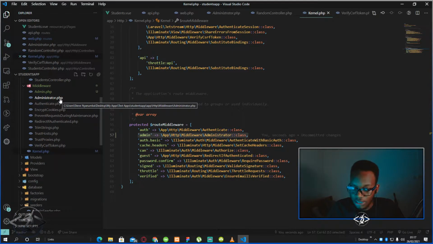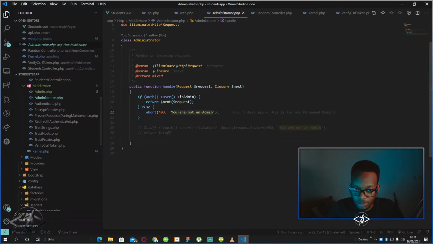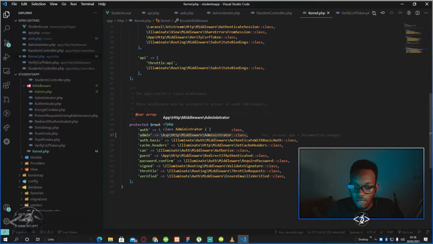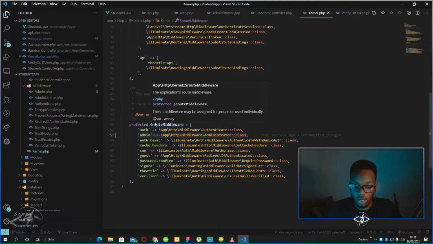So it initializes whatever is inside there and then does the handle function, which is this particular function right here. Once that handle function is completed, then the following request can proceed, and that's generally what middleware are.